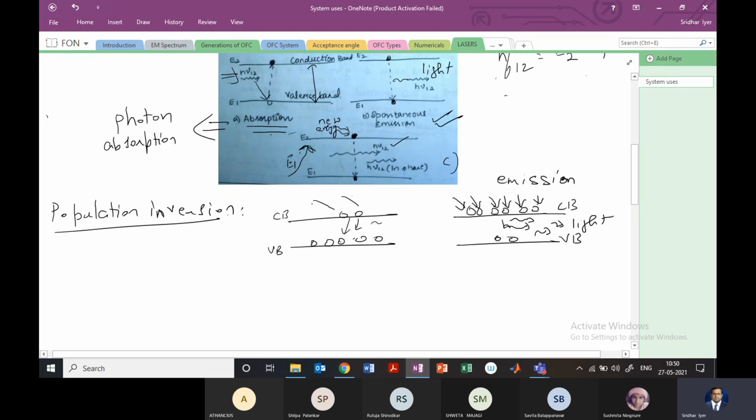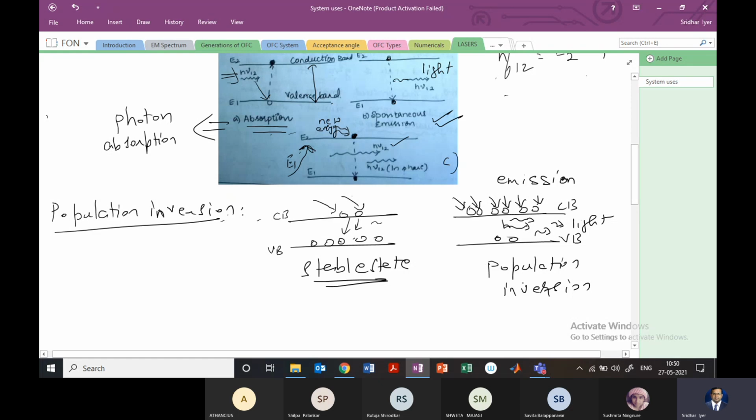So population inversion basically means that the population of the carriers, the electrons, in the conduction band or excited state will be greater than that of the ground state or the valence band, right? That's why we are calling it population inversion. So this is the stable state, because maximum population is in the valence band and only minority is there in the conduction band. This is known as population inversion